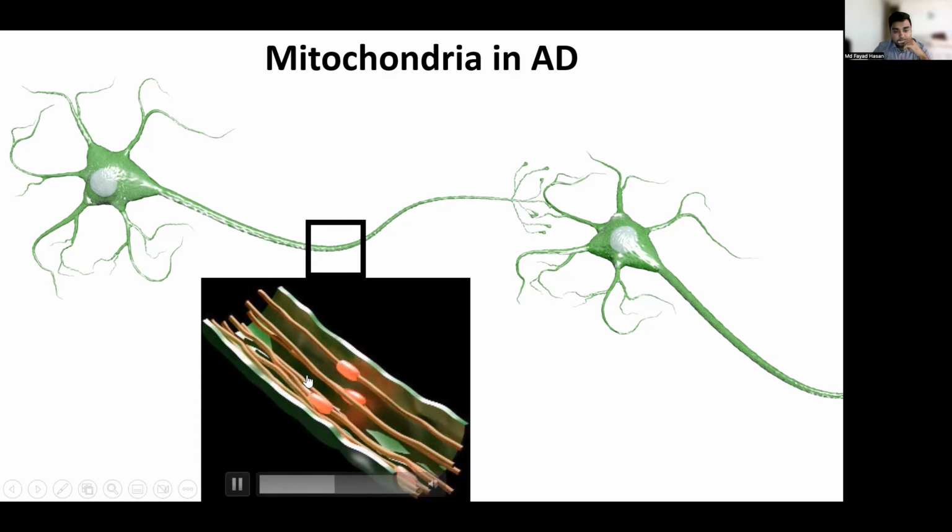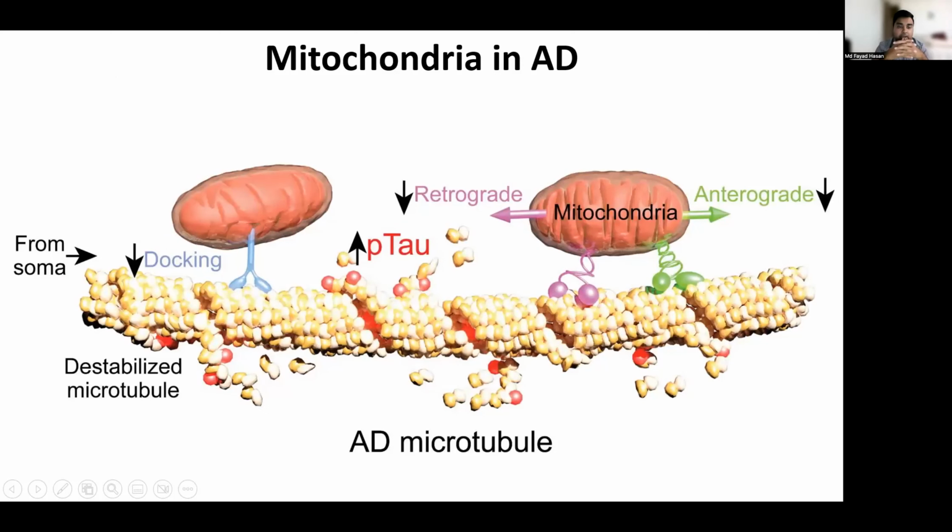So if you now zoom into these microtubules, you will kind of see that here the mitochondria move along each other. And in Alzheimer's disease, or in short AD, what happens is that there is a protein called tau, which gets hyperphosphorylated, or it just changes a little bit and becomes these red balls. And that actually breaks down these microtubules.